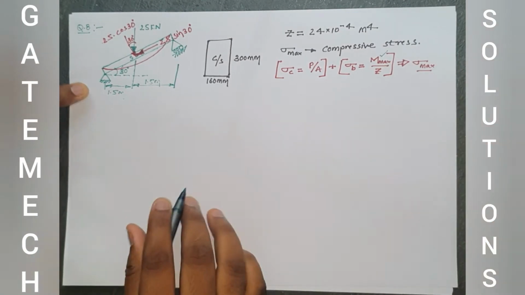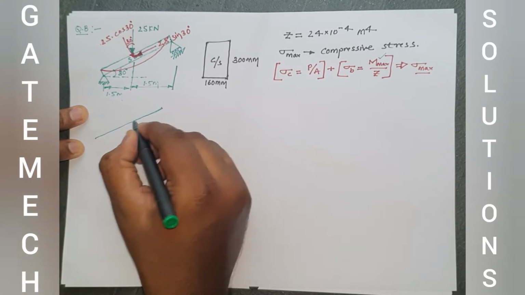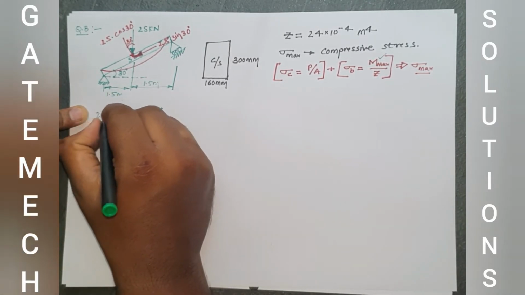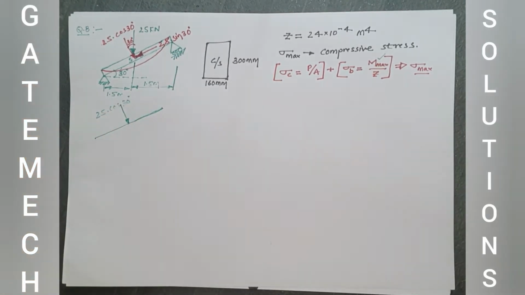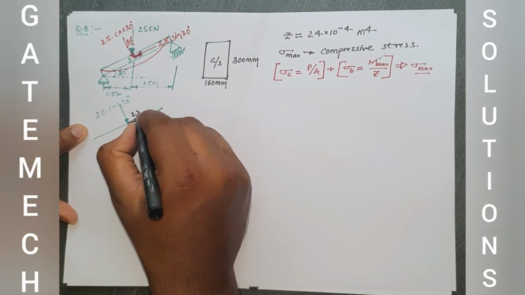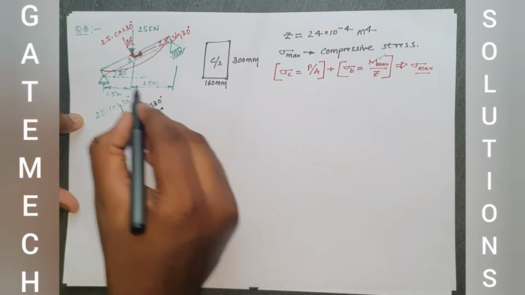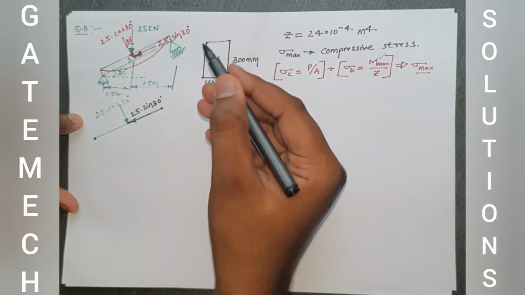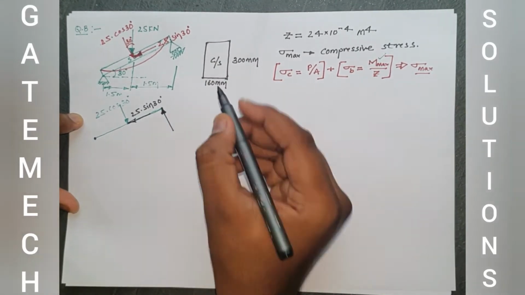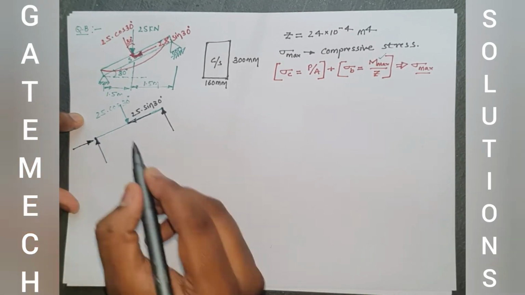If you are able to remember this formula, this relation, easily we can calculate, but how to calculate the maximum bending moment here? For that I am going to draw a free body diagram. Perpendicular to the beam, magnitude is 25 cos 30, whereas along the beam the magnitude is 25 sin 30. As we already know, the hinged support will offer two reactions, whereas the roller support will offer only one reaction. The reaction is also perpendicular to the plane of contact. This is the reaction at the roller support. And these are the two reactions at the hinged support. One is along the beam, the other one is perpendicular to the beam.